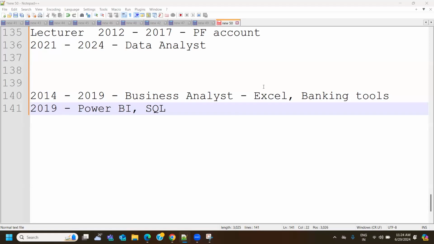If you want to switch directly, yes, it's a human tendency, people will always have a question. If you mention that you were working as a Java developer and have switched to data analyst, you can say that you got an opportunity starting from 2018 or 2019, whatever year applies, when Power BI was gaining market presence. When my previous project ended, I switched to this domain because I found Power BI interesting. I had good exposure to SQL. Starting out, I was in a Power BI support role, I got some temporary work, and then I moved to a development role. That is how you can explain the flow.